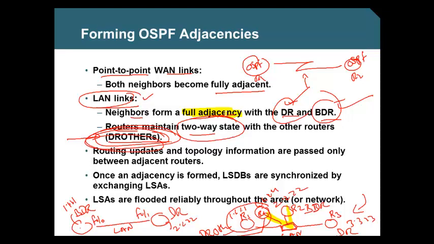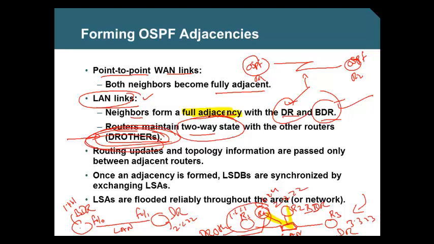Designated router avoids duplication of updates going to the members in that broadcast. Why do I call it a broadcast? Because it is connected to one LAN in the middle. They are all in one broadcast domain. One LAN, that is what one broadcast is. One LAN. To avoid duplication of updates, to avoid loops,